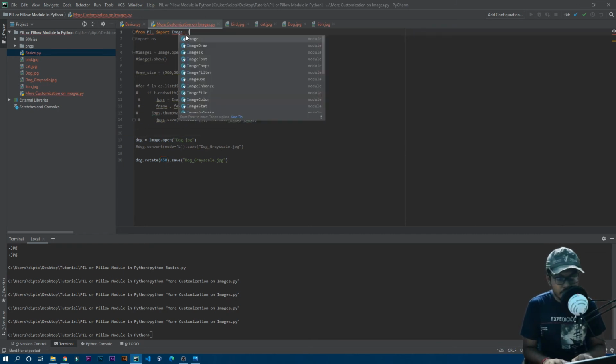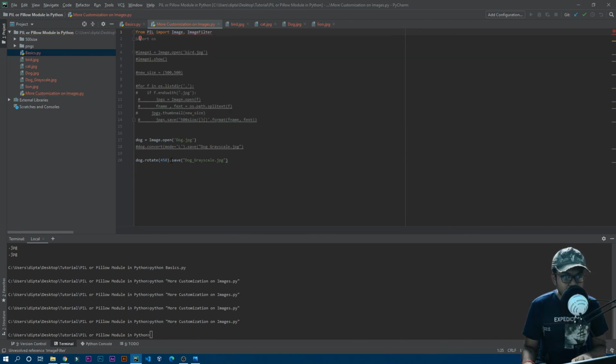That is ImageFilter, because we are going to filter the blurry effect onto that image. Okay, and I'll quickly remove this rotate, or just make it a comment, and copy paste it again, so that you get all the code which I wrote over there.